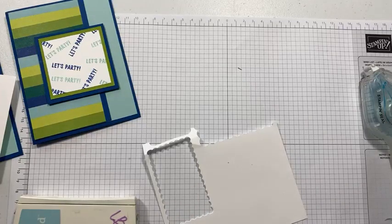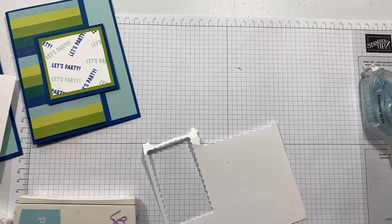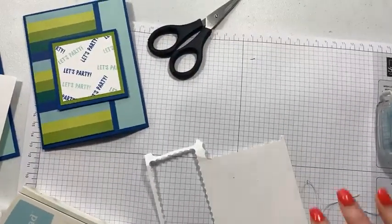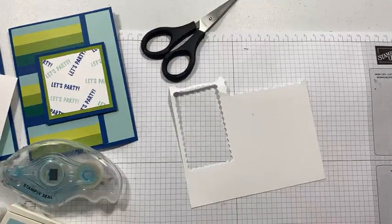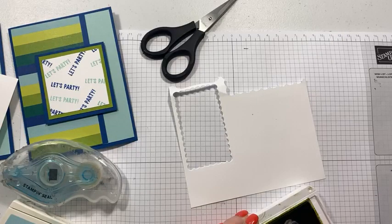If you're using a photopolymer stamp, a lot of times it is easier to get a good image if it has a little bit of give underneath. And a lot of times I'll use an old catalog. Let me grab one of those. And I just slide my catalog, just an old catalog from whatever year. And I always try to write retired on there so my ladies don't think they can shop from those. All right, so that little bit of give and not the hard table helps with the image when we stamp it. So I'm going to stamp the confetti horn